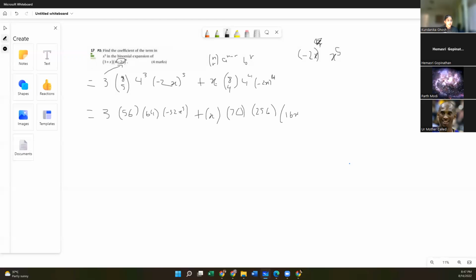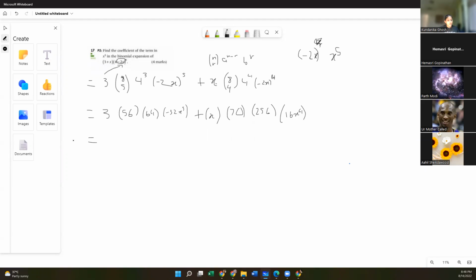Now we're just going to multiply. See how we have 16x to the power of 4 and x? That's going to get me the coefficient for x to the power of 5, because x to the power of 4 times x is going to equal x to the power of 5. Which is why we wanted to find what to the power of something will equal x to the power of 4 over here. But we wanted to find x to the power of 5 over here because 3 doesn't have an x, so we can't multiply it to x to the power of 4.